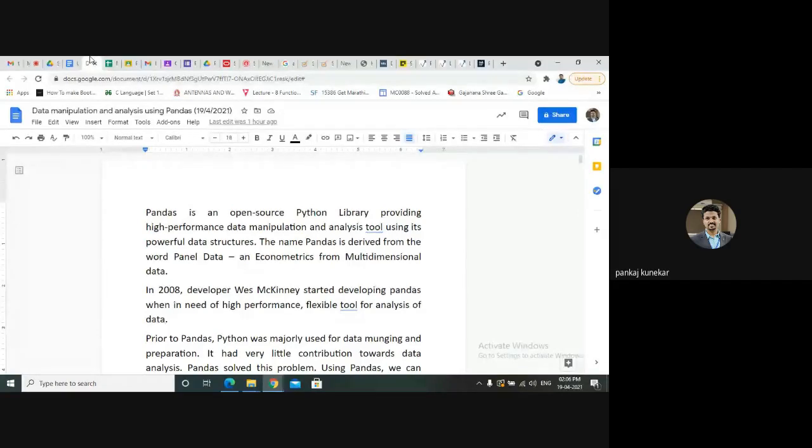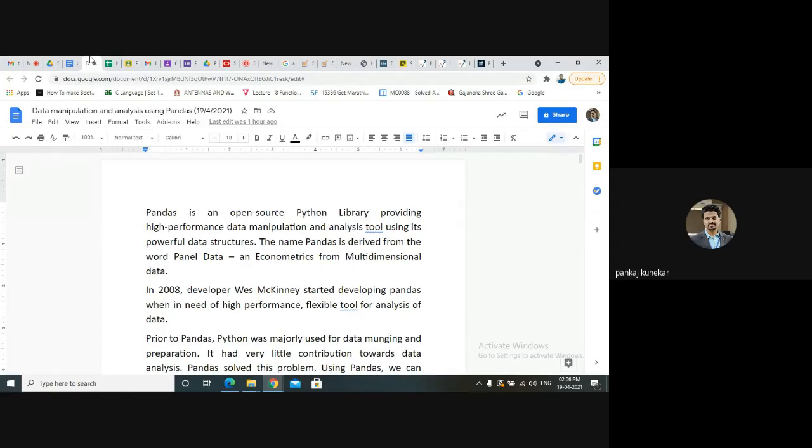Basically, it's short form for panel data. So we know that our data is not having only one column and one row. We can have more columns and rows also. So we need to deal with those data. It's like big data, and it may be a tabular structure. We have rows and columns, and we need to sort it, we need to filter it, we need to perform some analysis operations. We have different operations on your data and perform that analysis using pandas.